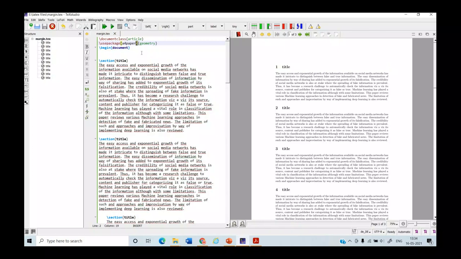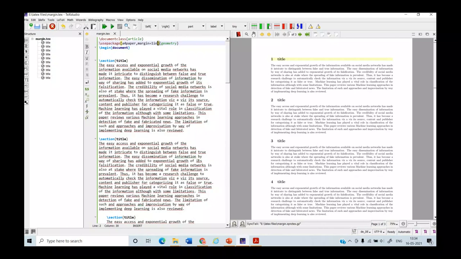Just here mention a comma and then write margin like 1 IN. Here IN is the unit for inches. Okay. So see what happened after setting this margin. Now you can see top, left, right, bottom margins have been set to 1 inch.